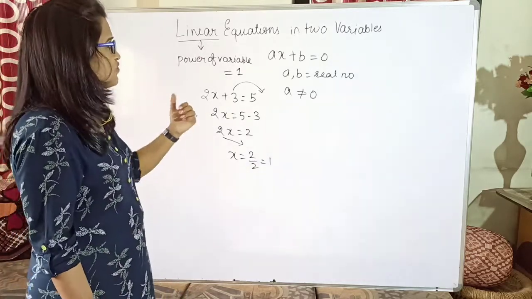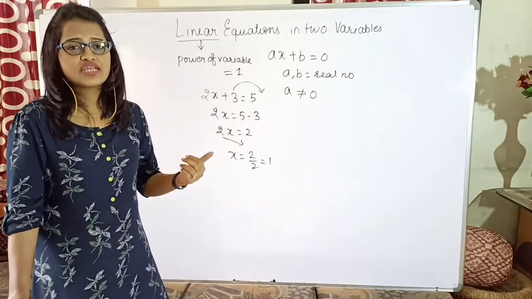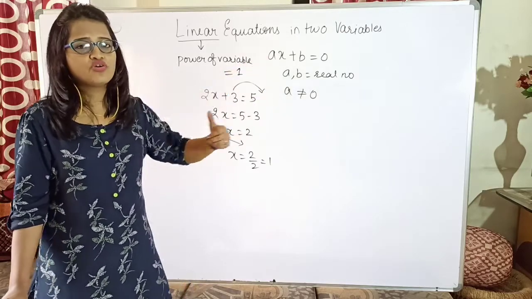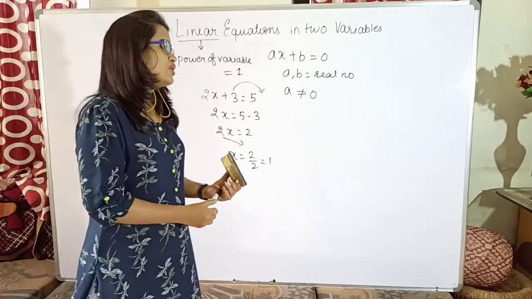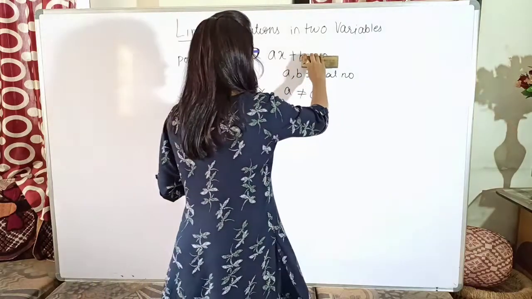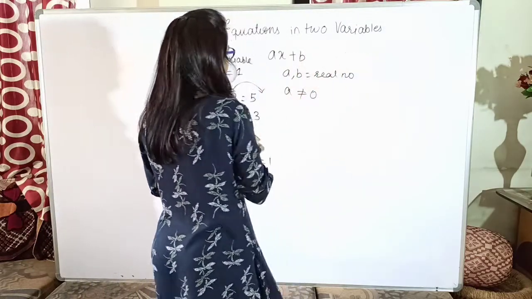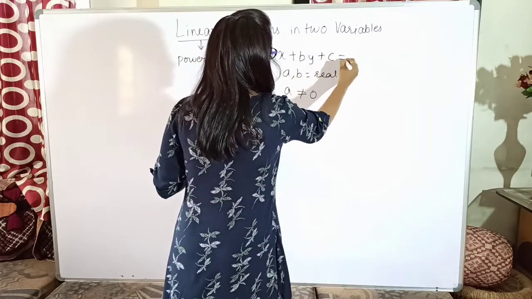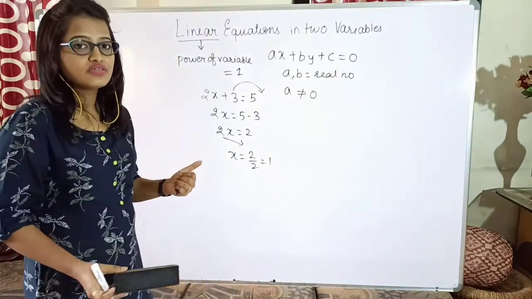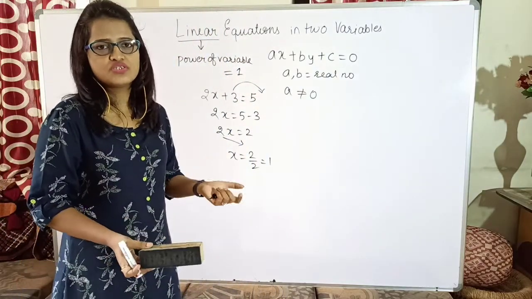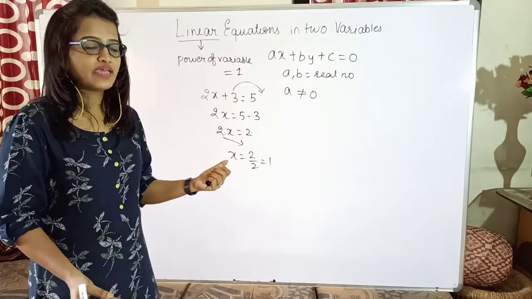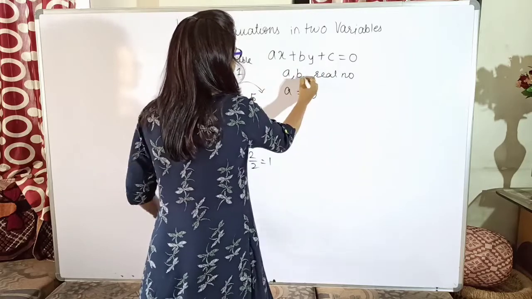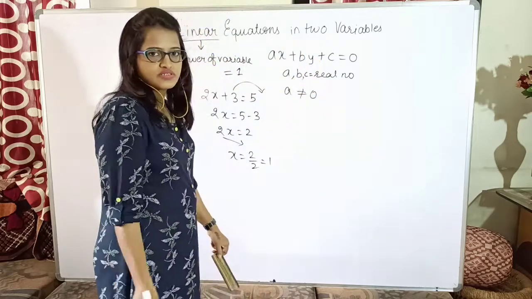Our concern is we have to first of all frame what is the standard form of a linear equation in two variables. Now here, since there was one variable, the standard form was ax plus b equal to 0. But when there are two variables, what are the changes? Yes, now here I have to take ax plus by plus c equal to 0, because I want a term with y also, because I have to consider two variables, isn't it? So the first variable is my x, the second variable is my y, wherein the changes here will be a, b and c all have to be real numbers.